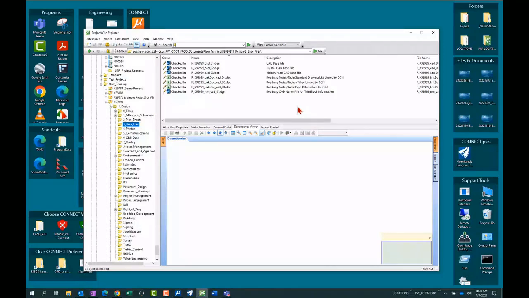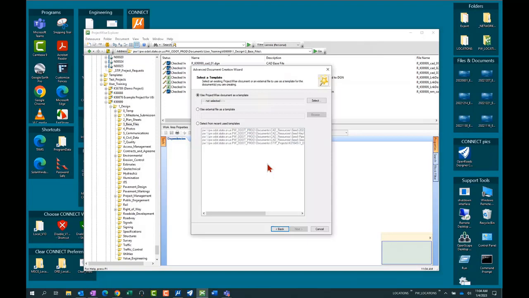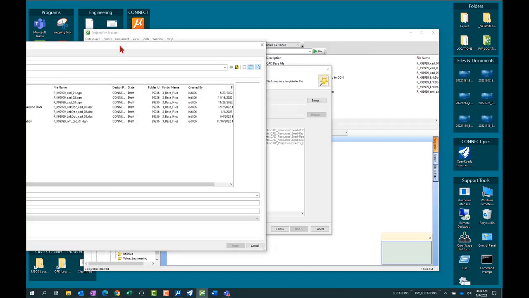I'm going to create a brand new one here in the number 3 base files folder using the document, new document. I'm going to choose my advanced wizard. And if you are seeing more screens than I am on your advanced wizard, you need to speed up your process, I think, and adjust your advanced wizard to skip everything except the attributes pages. This allows us to select our template with the selection button, and I have to drag it over to this